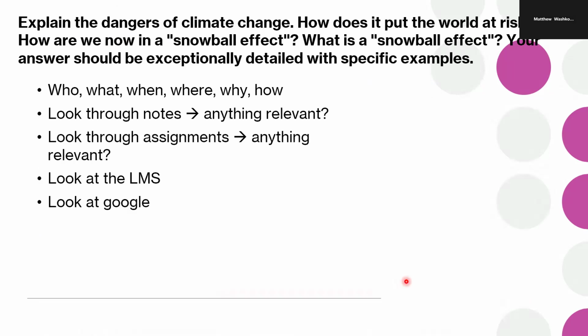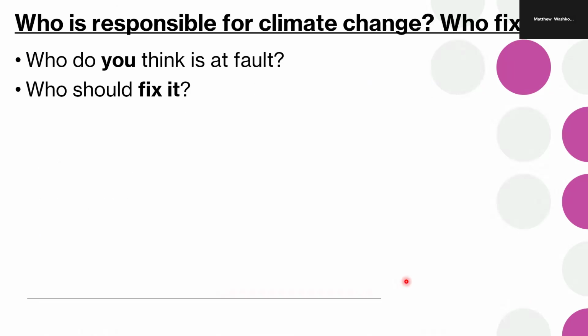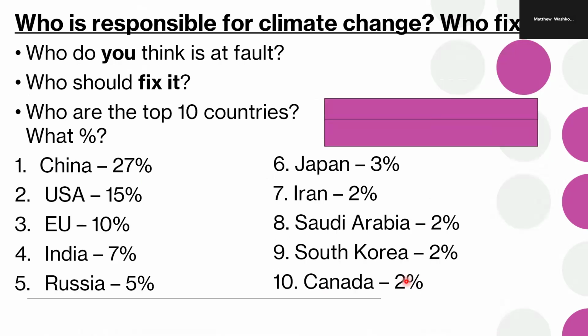But generally speaking, who is at fault? Well, who's at fault for climate change? It's a complex question, right? Should we blame the United States and United Kingdom, who built big factories and really built their economies up, and now they can be really climate friendly? Should we blame India or China? Well, they do a lot of emissions, but remember, a lot of their people are really poor.